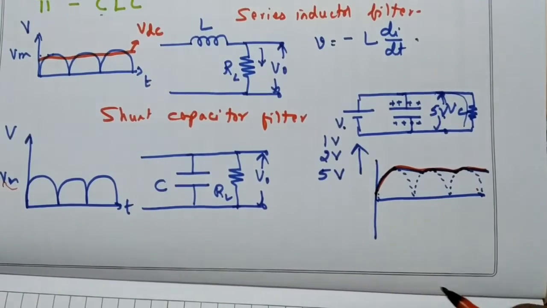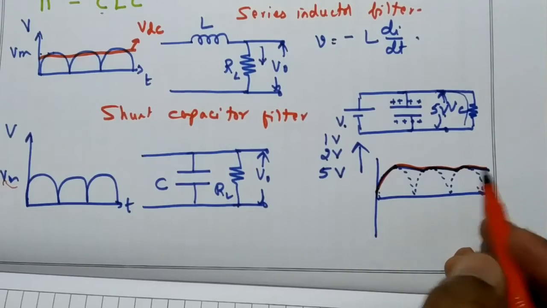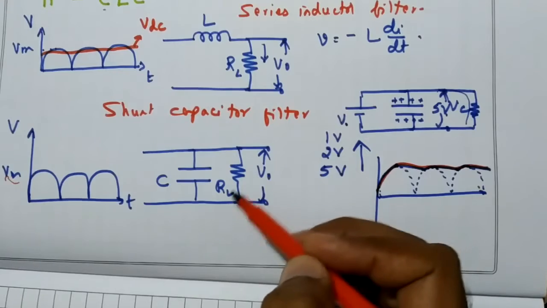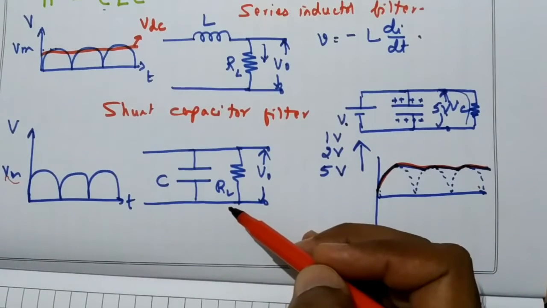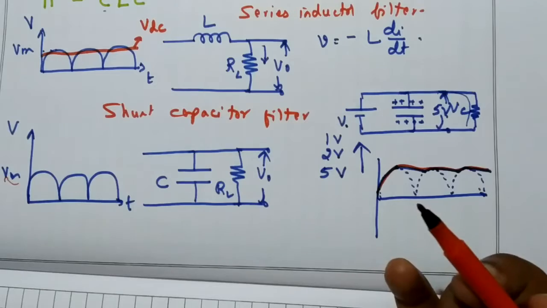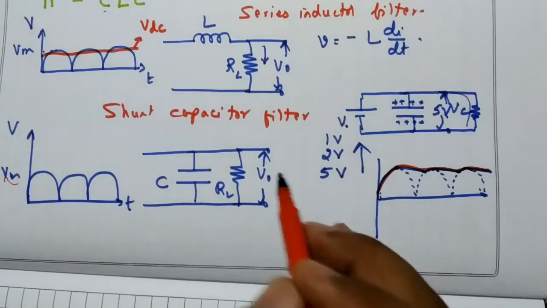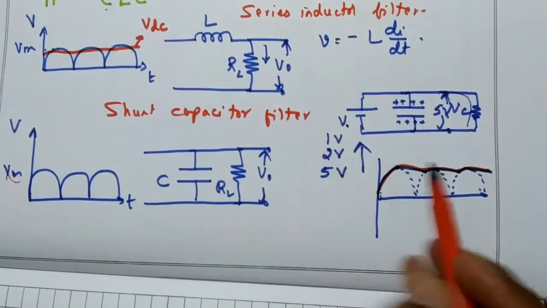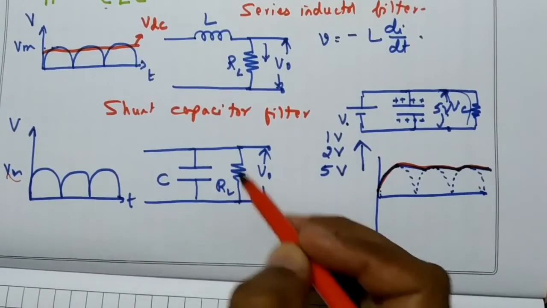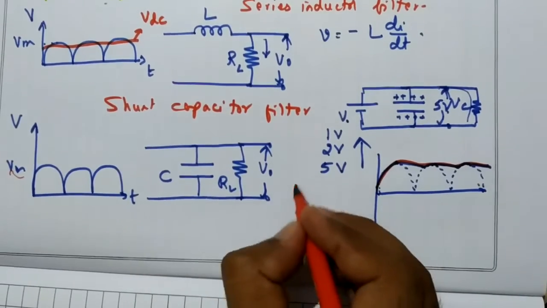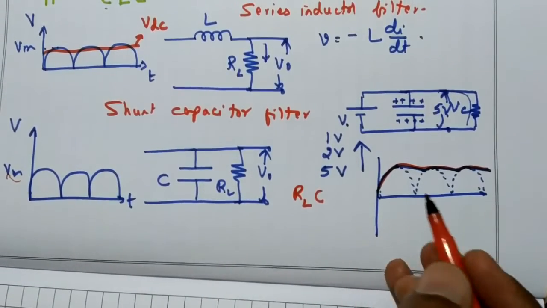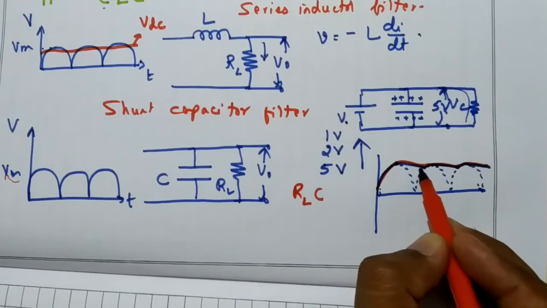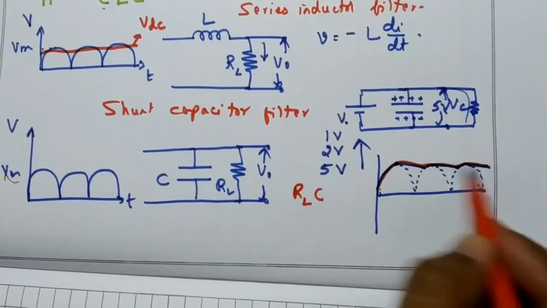So this is DC. Now if you want more filtering action, what you have to do is connect a larger value of RL. That sometimes may not be possible because RL is not in our hands. The load resistor may be anything. Therefore what is done is, normally the capacitor value is made larger. If the capacitor value is made larger, RC time constant will be large. RL into C time constant. If RL into C time constant is large, capacitor will slowly discharge and you get more accurate DC voltage.